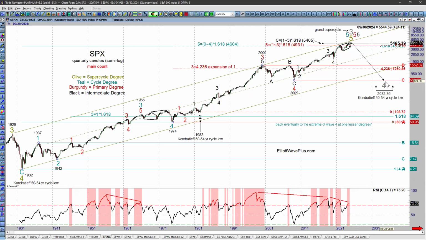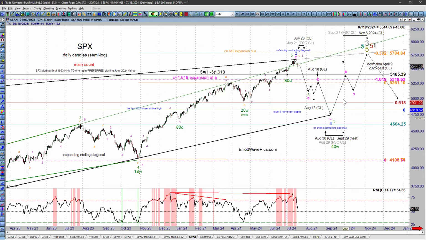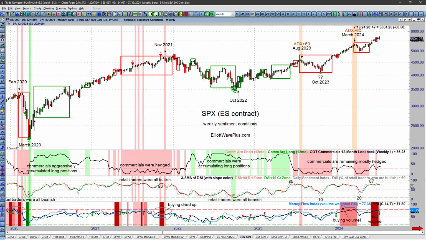So I'm not necessarily going to set a price target based on traditional Elliott wave. What I plan on doing after this November peak is utilizing the same non-Elliott wave tools that I have been using, and that is Hurst cycle analysis, as well as the FSC cycle tool, as well as the weekly sentiment charts. These sentiment charts and the cycle analysis are going to be enormously helpful after that peak, because you look at a typical Elliott wave person,